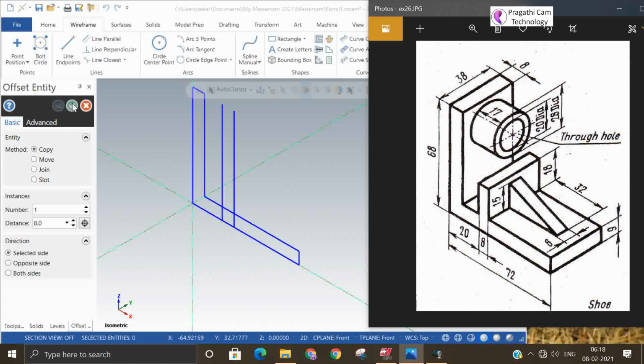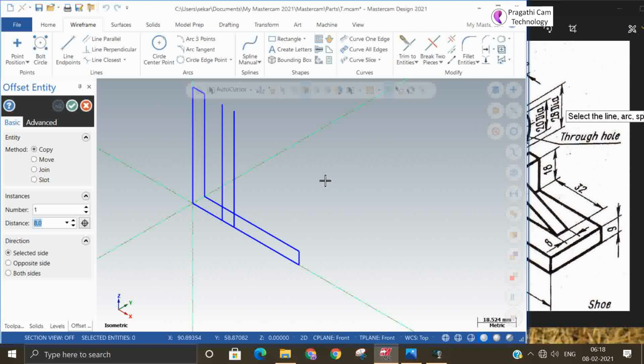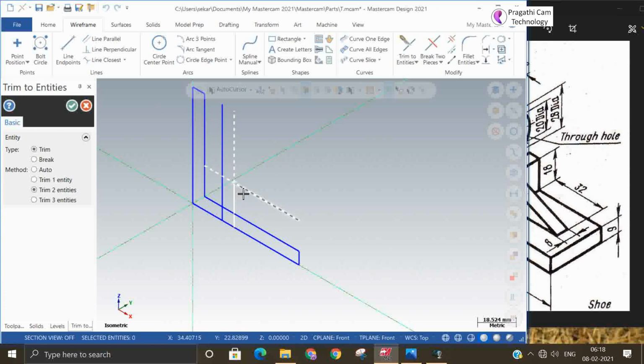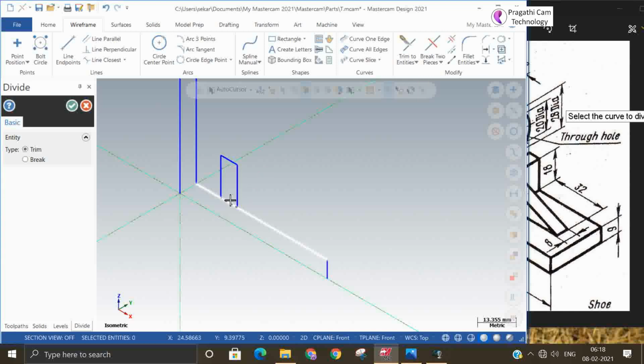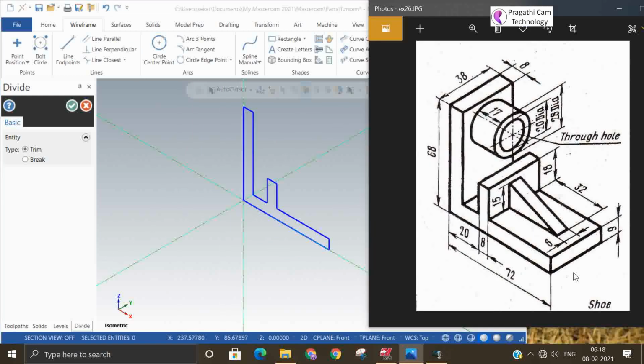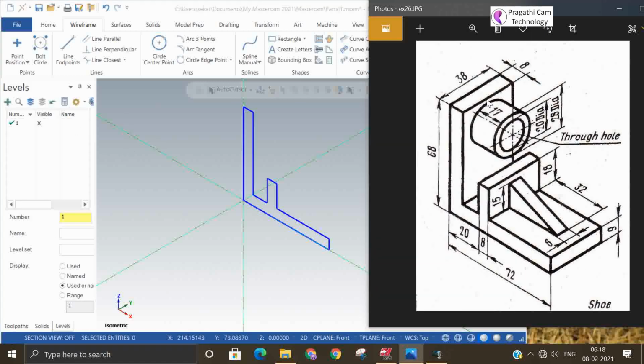This is 18 mm from the base, so offset 18 mm. Now you can trim it. At the bottom you can use the divide option and remove. Undo this one. Now the F shape is ready.